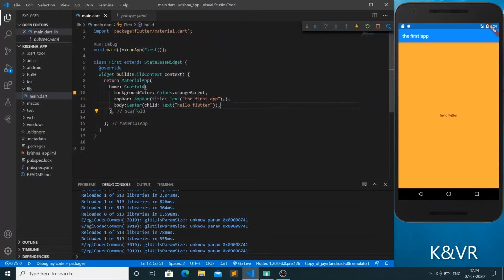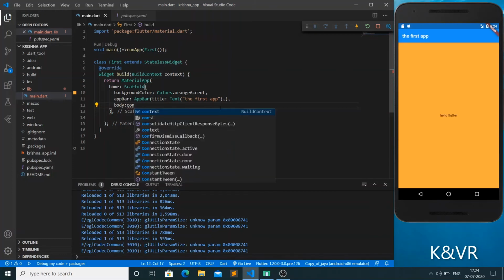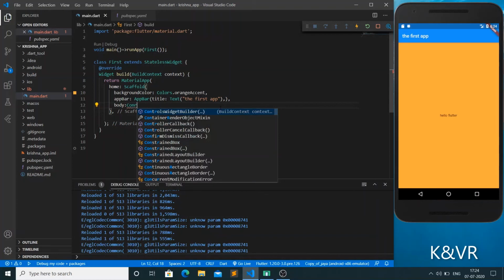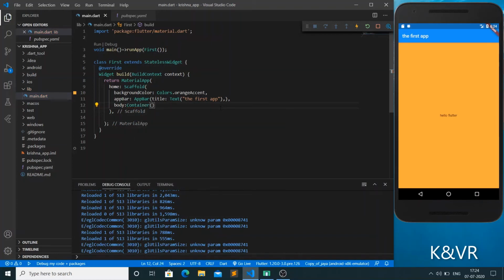Next go here and remove this from the center. I am creating one container in the body now. Container, the first letter should be capital. Whenever creating your widget, container. See that container.